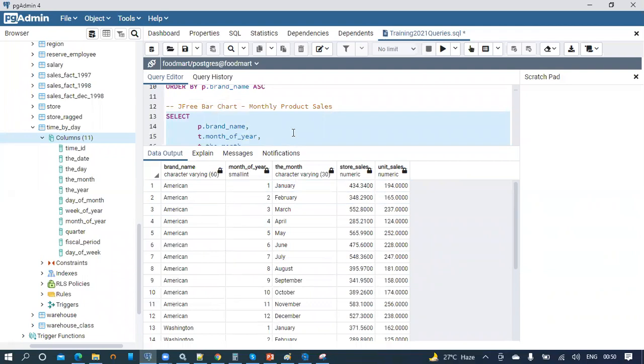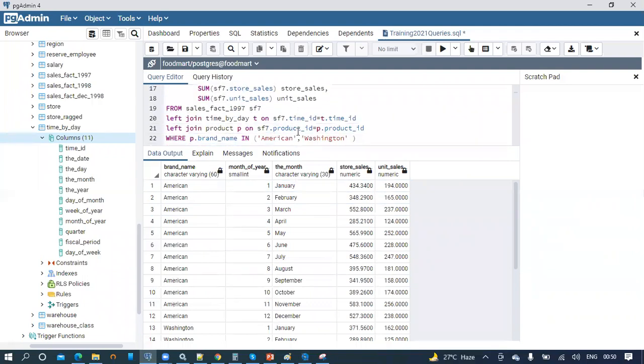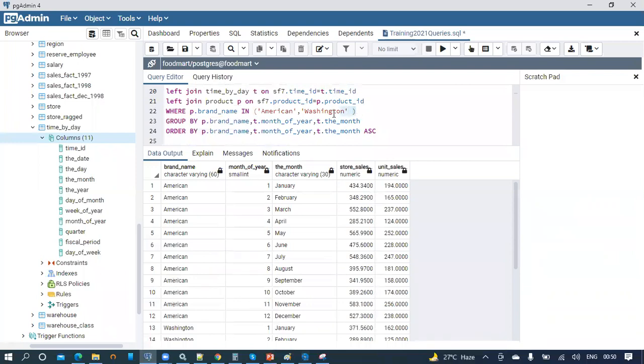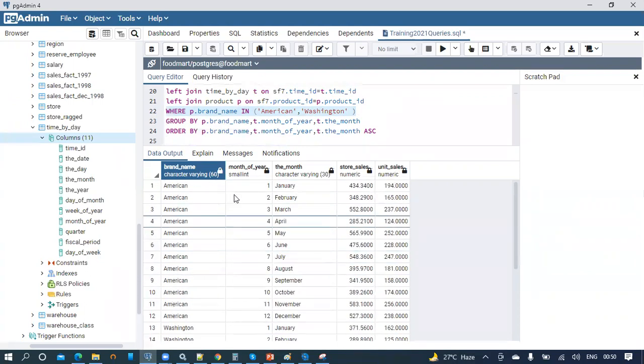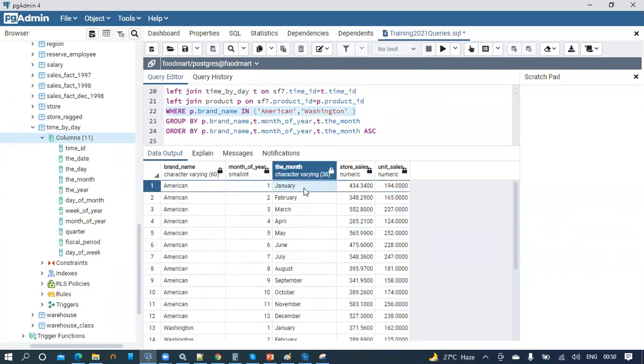So this query is restricted to have only 2 brands, and we can see the American brand and Washington brand. So these will become the series values. We can consider these two as the series, and the months are going to be the categories on the x-axis.